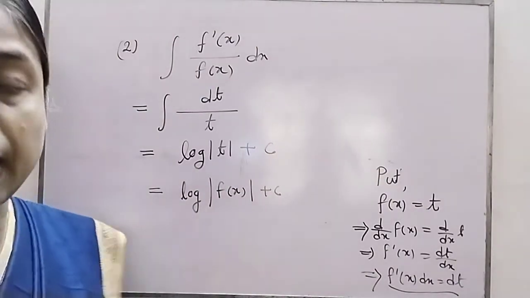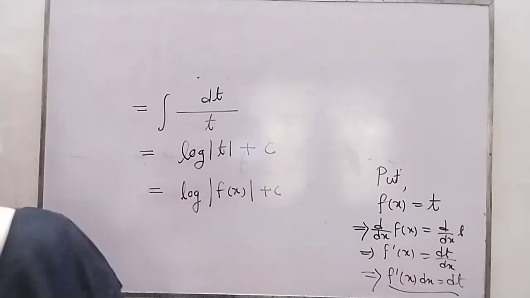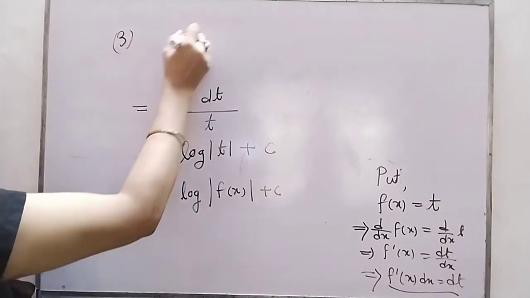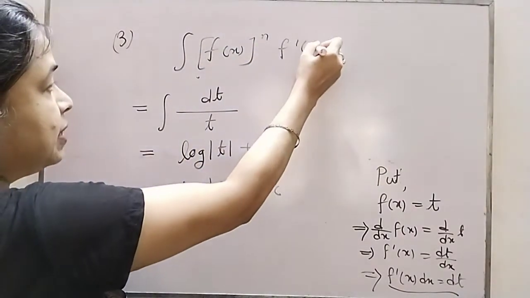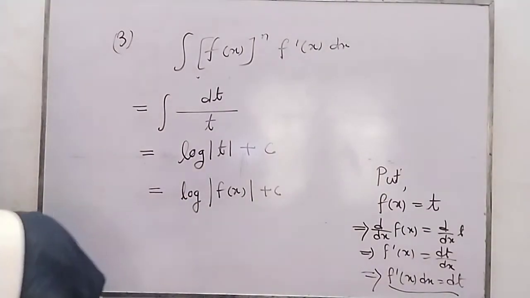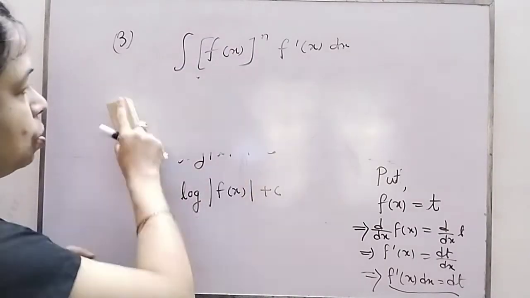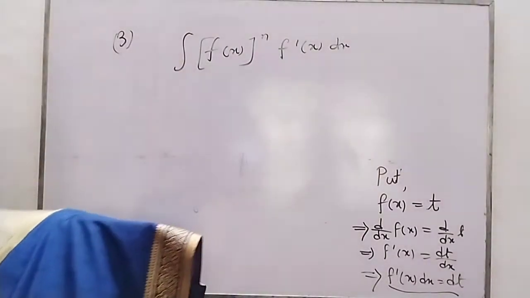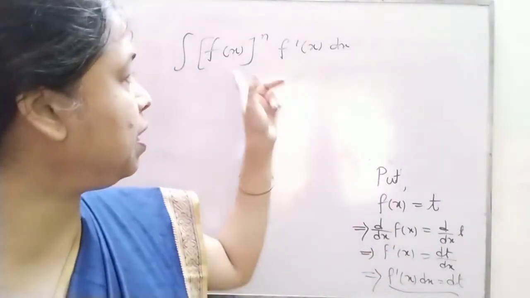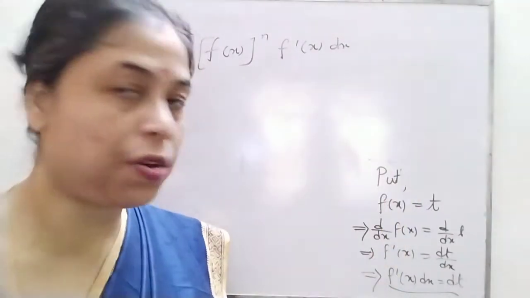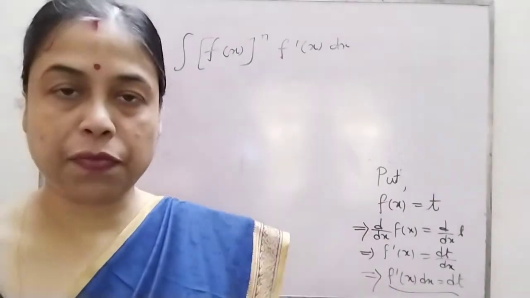Sometimes a power may exist. The question may arise like this. Again, I am going to use the third form. Sometimes the form may be this: fx whole to the power n into f dash x into dx. I am using this fx just to represent any function. Here also, I just want to show you the different forms that arise in questions. In this case, what happened? They are the same thing. The derivative of fx is present in the integrand, so the substitution will be the same here. I have already written it, so I am not going to write it again. You have to write it in front of every question.